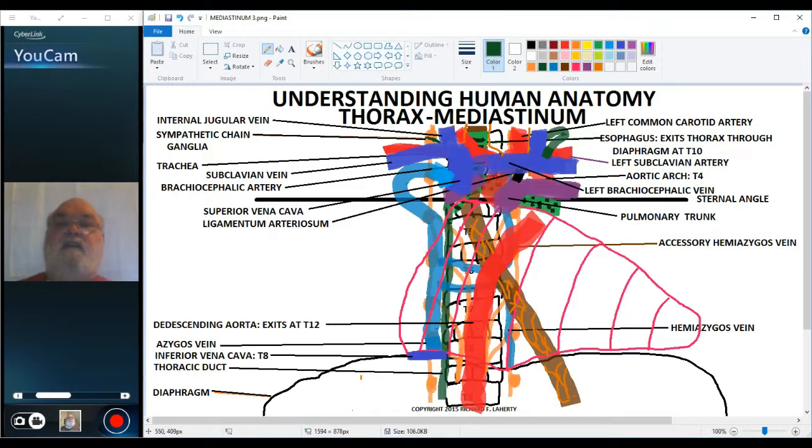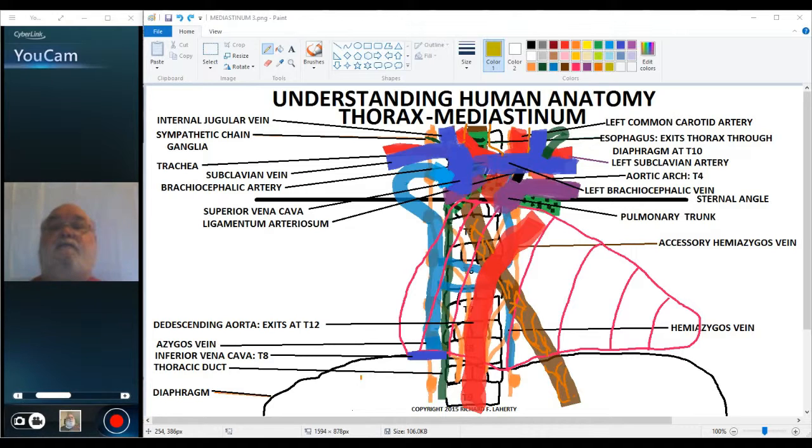And again, the inferior vena cava passes through the diaphragm to enter the thorax at the level of T8, at the highest extent of the diaphragm. I have one more very important nerve to add to our diagram, and that is the phrenic nerve. And the phrenic nerve comes down from the neck,